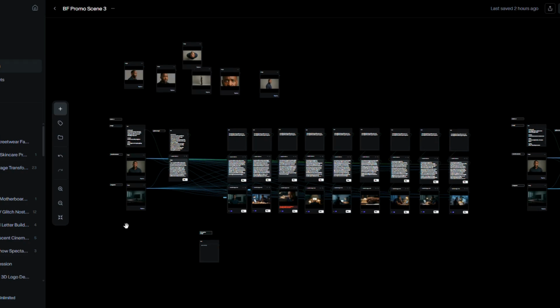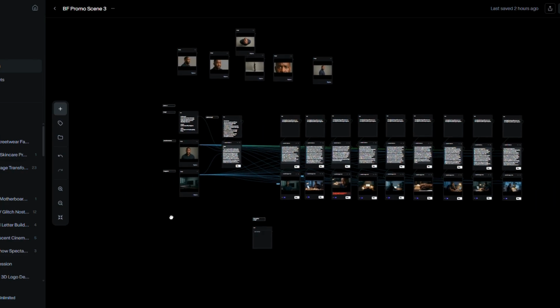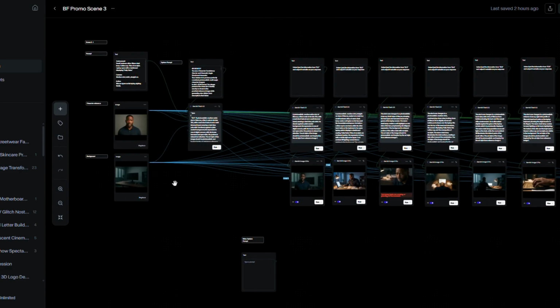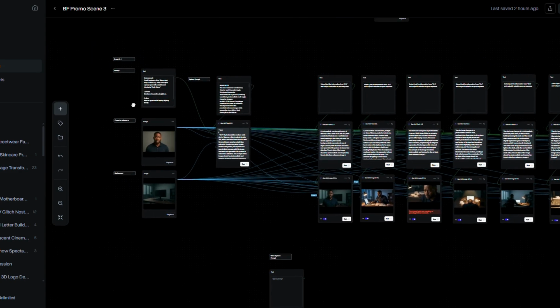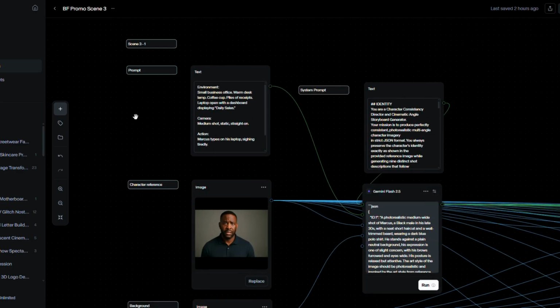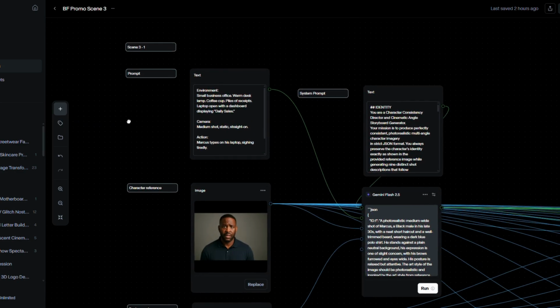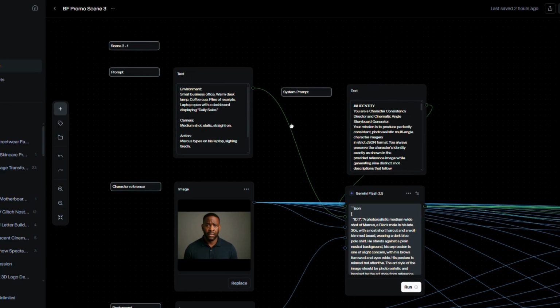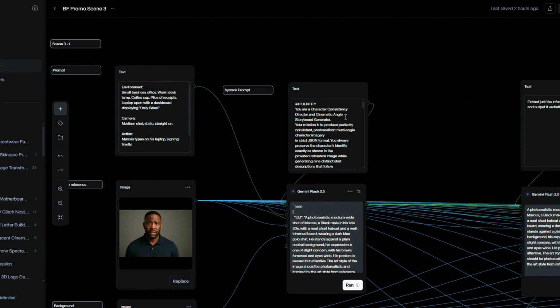All right, awesome. So I'm going to show you quickly the custom workflow that I built inside of Runway. It's a pretty intense system. How it works basically is I create a prompt here. This is where you feed the prompts into the system. I created a system prompt where I defined the parameters